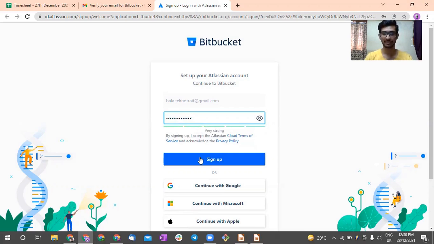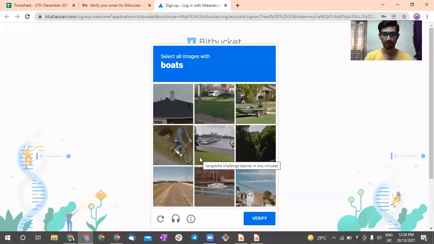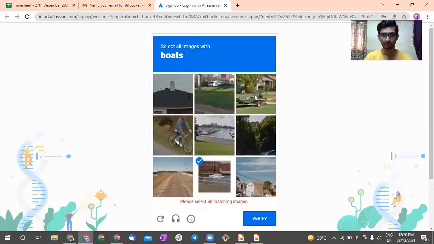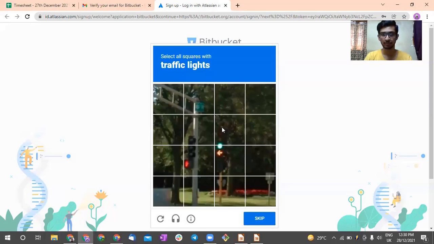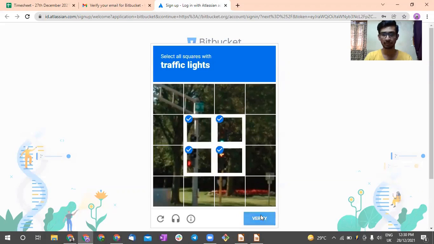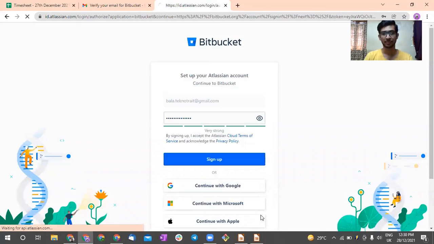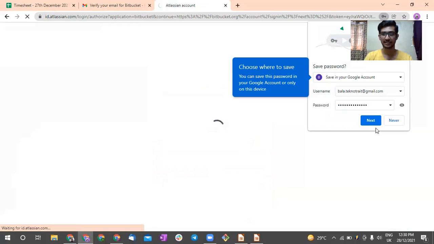I've given the password and I'm hitting sign up. It is asking for a captcha. I'm giving it. So it's been accepted.